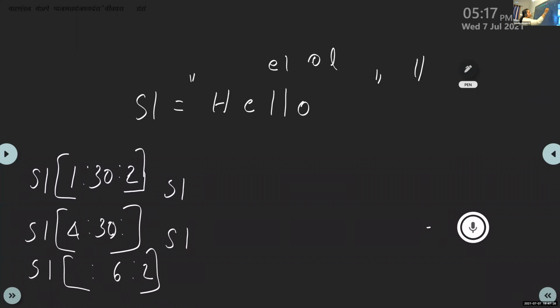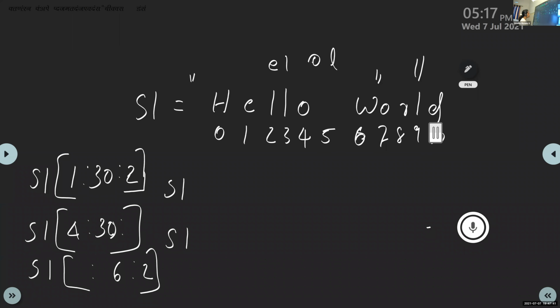HELLO space WORLD. This is the string. The position values are 0, 1, 2, 3, 4, 5, 6, 7, 8, 9, and 10. The first value is 1, so the output is E. After that 2 is incremented, so 1 plus 2 is 3.